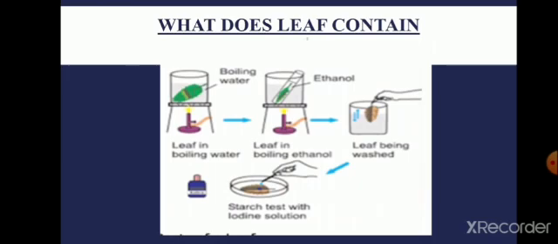The edible parts are called the edible part. You already studied this in your lower classes. Okay, the food prepared is stored in various parts of the plant. In the absence of photosynthesis, the plant is unable to utilize the water and minerals to prepare food for its nourishment